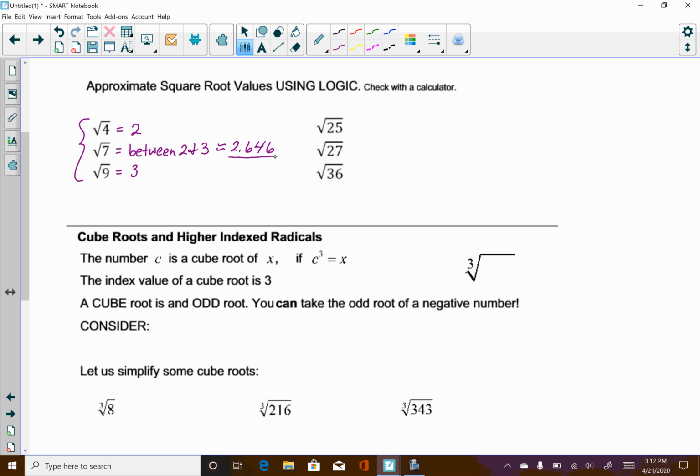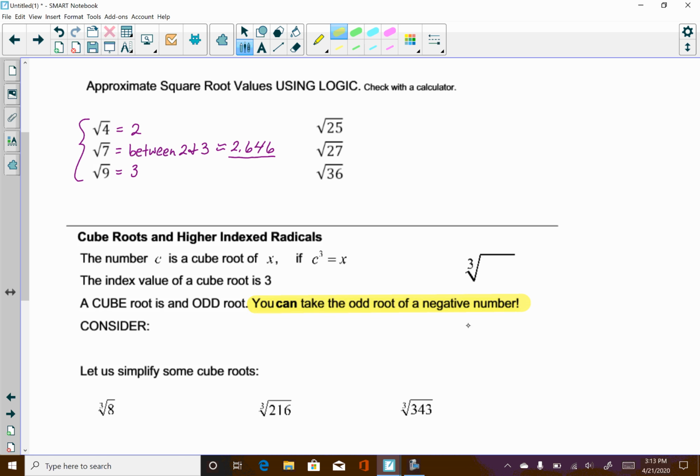All right, so at the bottom of this page, we start talking about higher roots, the cube root, the fourth root, the fifth root, and so on. But I think actually mostly everything down here, actually all of this down here, excuse me, is just the cube root. So the cube root then is you're looking for what can you multiply times itself 3 times to get that number. I will make a note for here for yourself, highlight it for you actually, that you can take the odd root of a negative number. That is legal. You can't take the even root of a negative number, but you can take the odd root